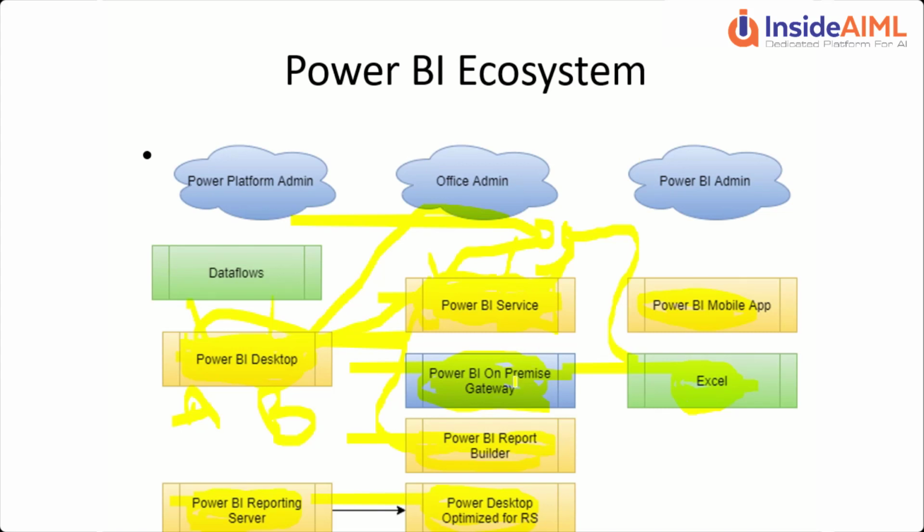There is something known as, you will have heard over a period of time, sensitivity labels. And if you are familiar with Office, you might know that for each document or each email, if you are using the Microsoft ecosystem, you can describe their sensitivity: are they highly secure things, or should their information be secure during data transmission. You have that kind of tagging attached to it, and that is governed by Office admins. In the Office admin you have security where it is governed, and that's where the Office admin will play a role by defining the data security labels, and those labels can be used in Power BI desktop, Power BI services, and all other related apps.